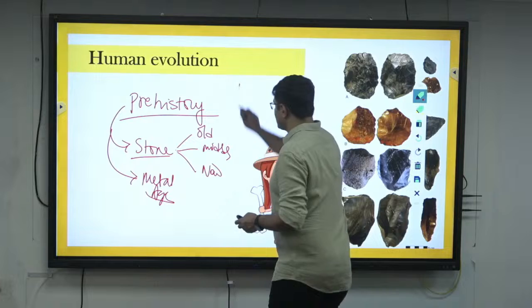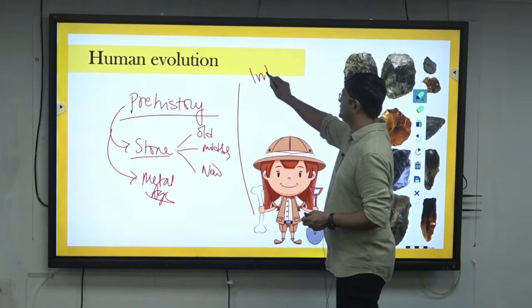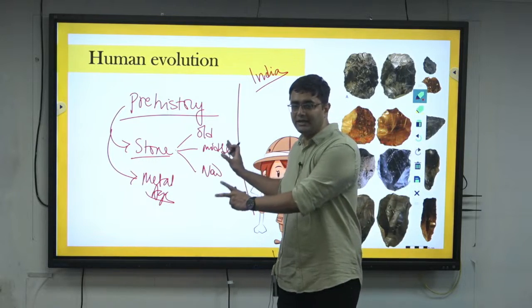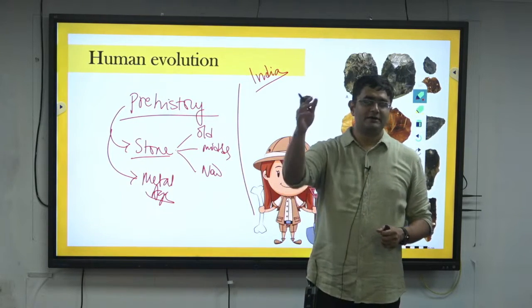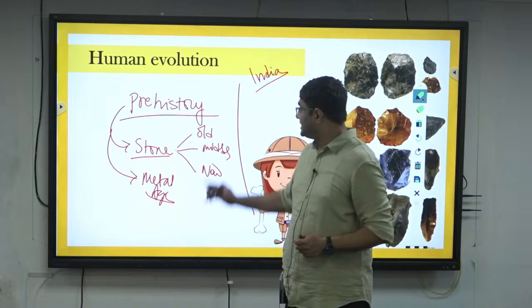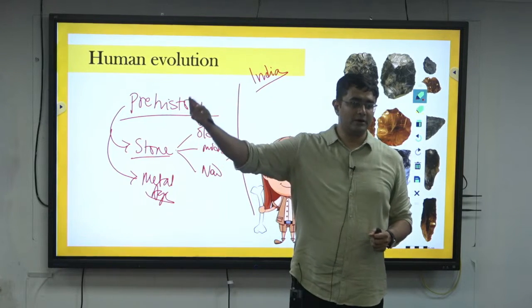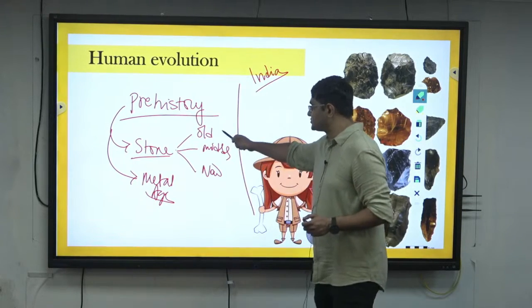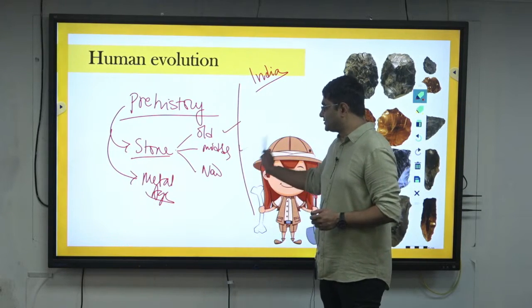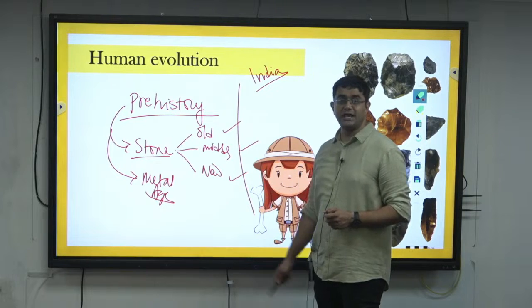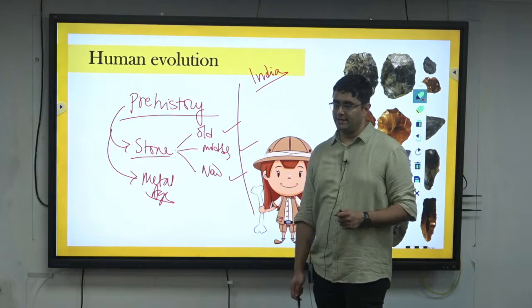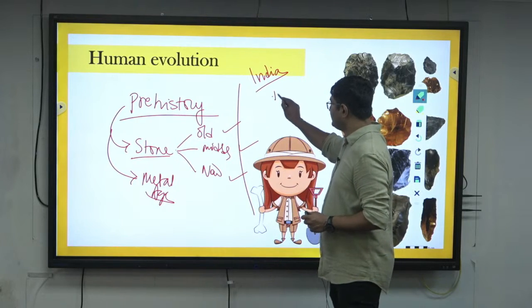The same thing we are going to apply to India also in paper 2. We will be studying it together only, but with respect to Indian prehistory, it will be applicable to paper 2. We study about the Old Stone Age in India, Middle Stone Age in India, Neo Stone Age in India and Metal Age in India. And at the same time, we also study